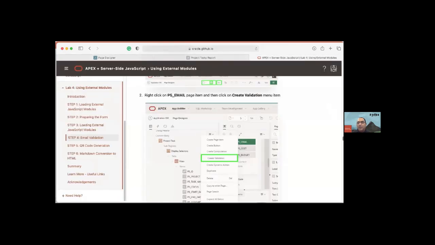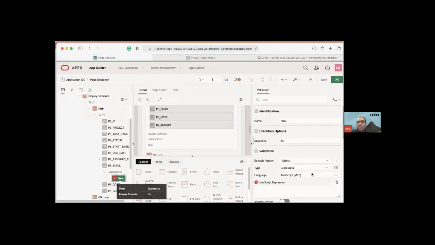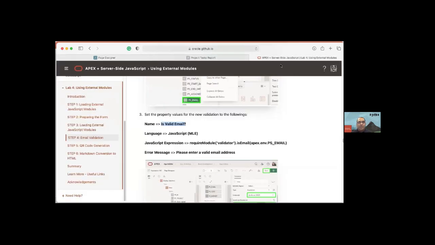We're just creating a validation, is valid email, and then JavaScript validation, give it a name, make sure that it's JavaScript MLE,